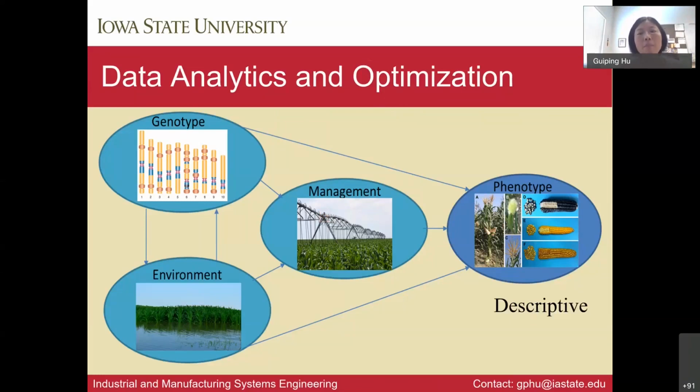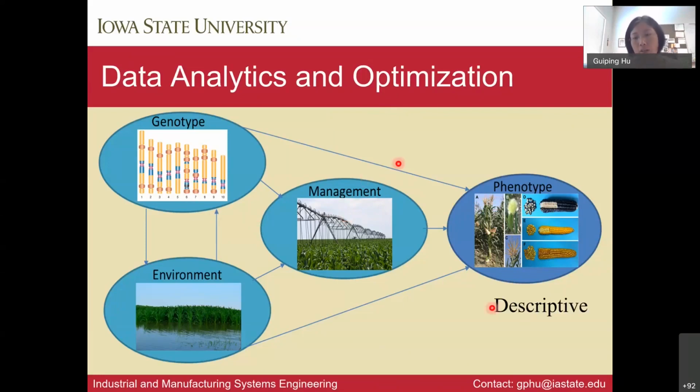So when I view plant breeding, we are trying to achieve some superior phenotype, whether it's yield or some type of trait that we are really focusing on. It's actually determined by the genotype and environment, the G by E, which was discussed earlier in the discussions. And what I want to throw in over here is the management piece. The reason is that I think management is really the component that can be involved in decision-making and system design, okay? And in terms of data analytics, I view there are 3 levels.